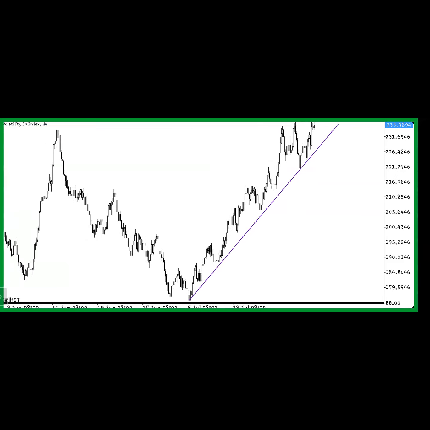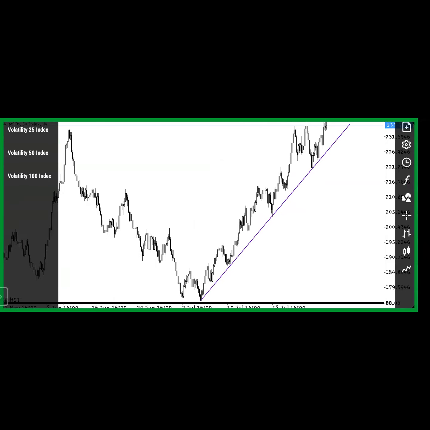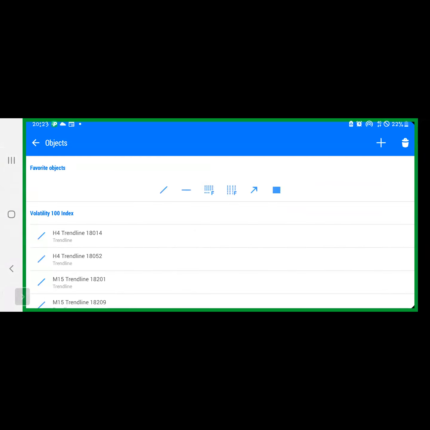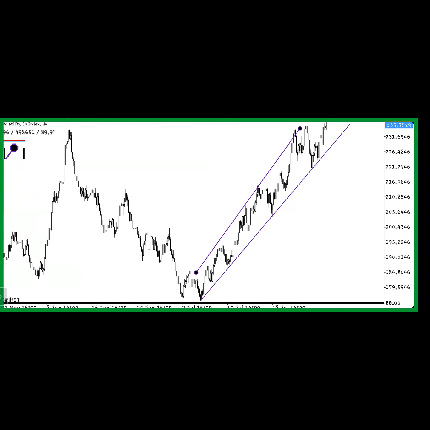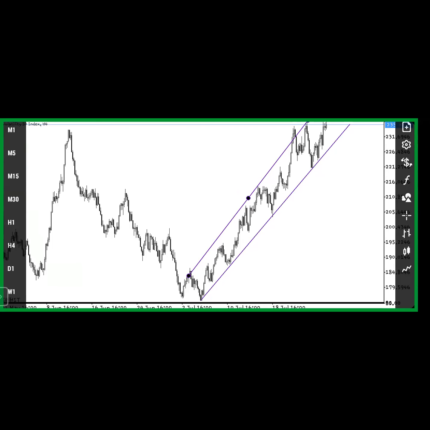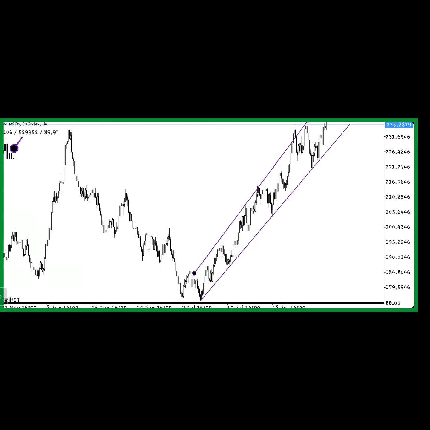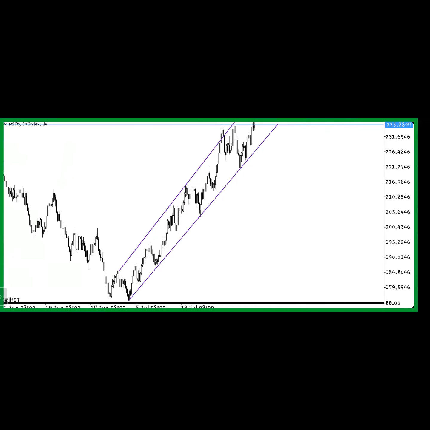All right, so on V50, we have a channel also. They are promising. On this one, we are going to wait for a proper breakout and retest. If it happens that this is going to turn from where it is right now, going down and break this channel, we are going to have